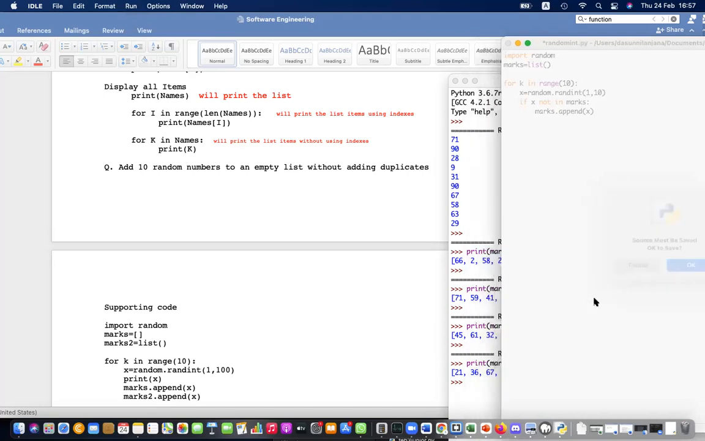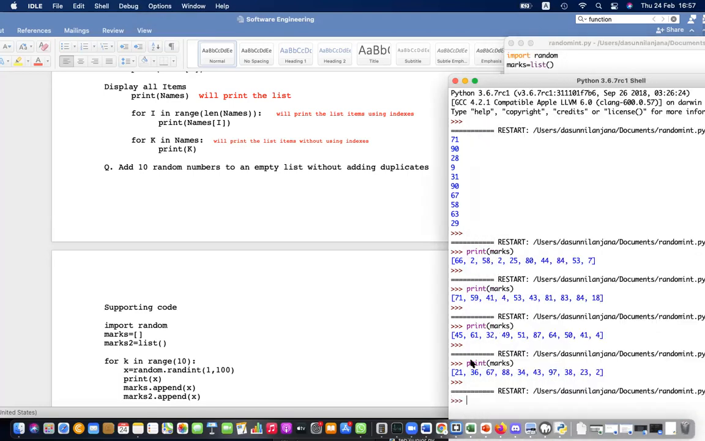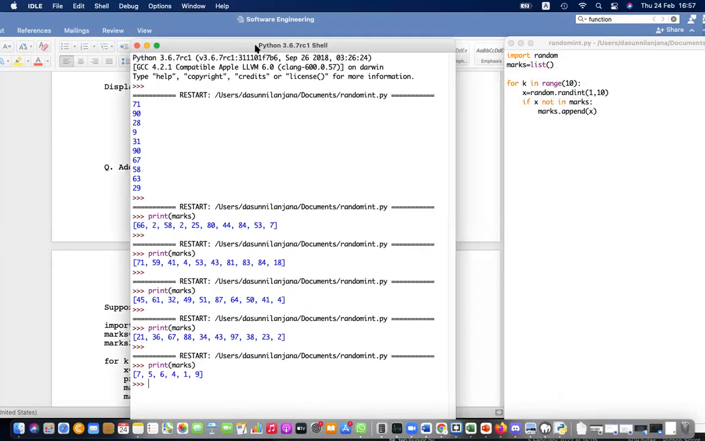So then what will happen? You can see when you print it, it's only 1 2 3 4 5 6. Others are duplicates. Duplicates are removed. Then what? So since there are duplicates,